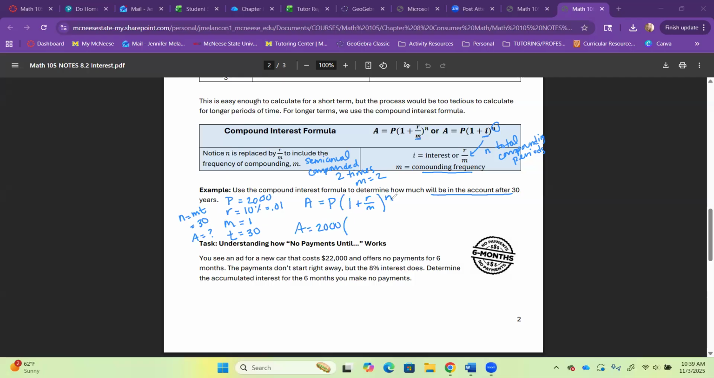And now notice this exponent, the entire thing is being raised to a power. Okay, so we have to be careful. 1 plus r over m. In this case, it's quite straightforward because m is 1. But still, just to write it, we'll go ahead and write it that it's 0.10 plus 1, and that is raised to the 30th power. So go ahead and see if you can use your calculator